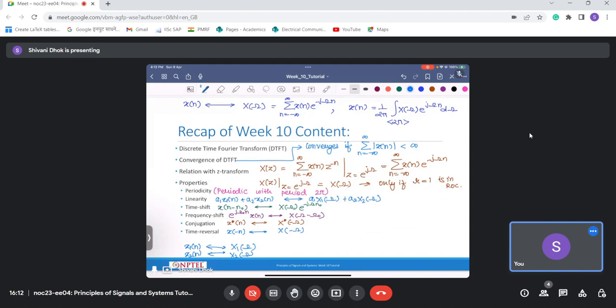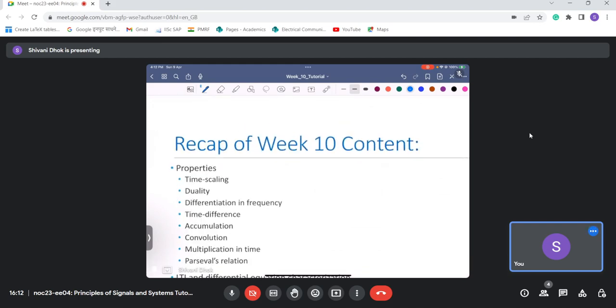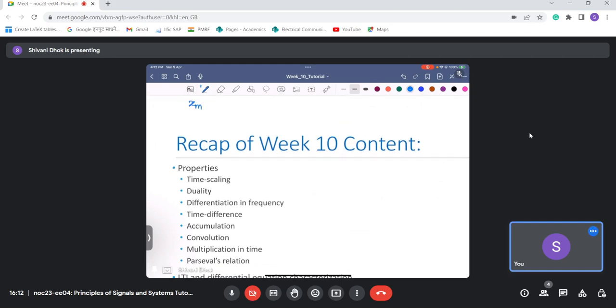These were the properties that were covered in the previous lecture, and further properties were covered which included time scaling and others. So let's discuss those. The time scaling property in discrete time signals is a bit different. It's not like the way we have in the continuous time case. So if I have a signal x[n], then x_m[n] is defined as x of n by m